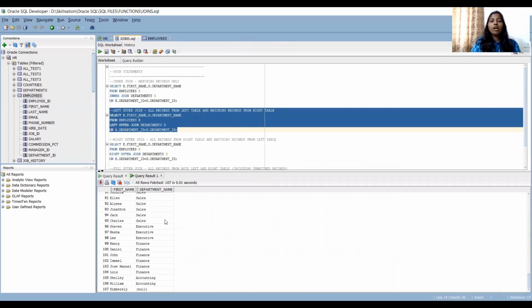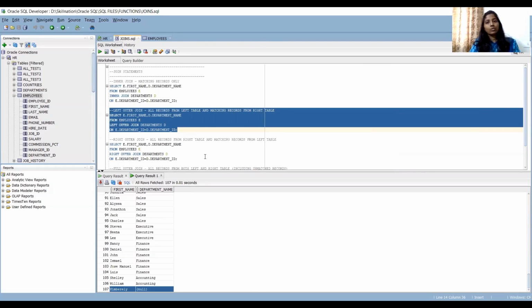See, all of the matching records, 106, have come, and finally Kimberly has also been added to the list, because of left outer join. We are taking all the records from the left table, employees table, and only the matching records from the right table. That's why we got 107 records, because in the employees table 107 records are there.